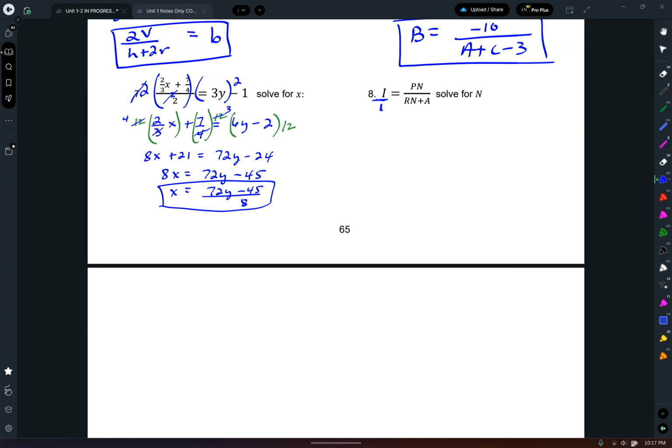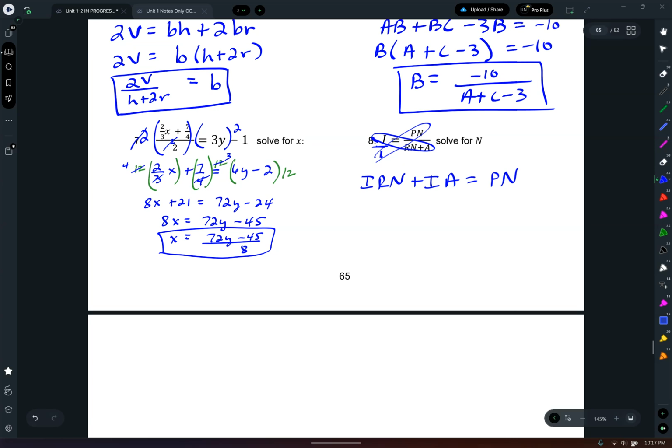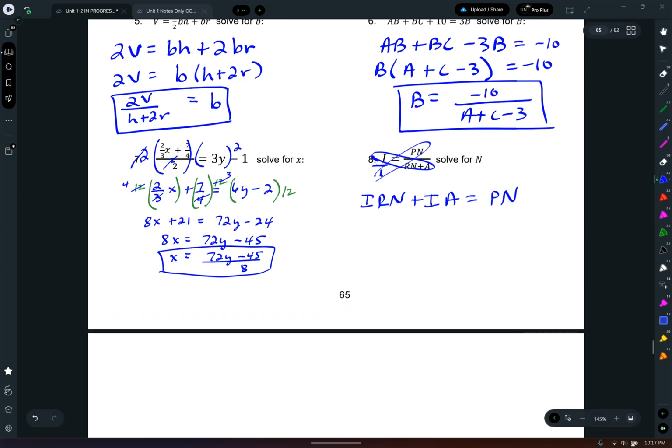So I'm going to have I times Rn plus A. I'm going to go ahead and distribute. So I, Rn, and then I times A. So that was me multiplying this side. And then on the other side, 1 times Pn. Okay, now it's kind of like number 6. If I'm trying to solve for n, I want to get the n terms on the same side. So I think I'll move this one over. I'll leave the IA on the right side. I already had Pn, and I'm subtracting